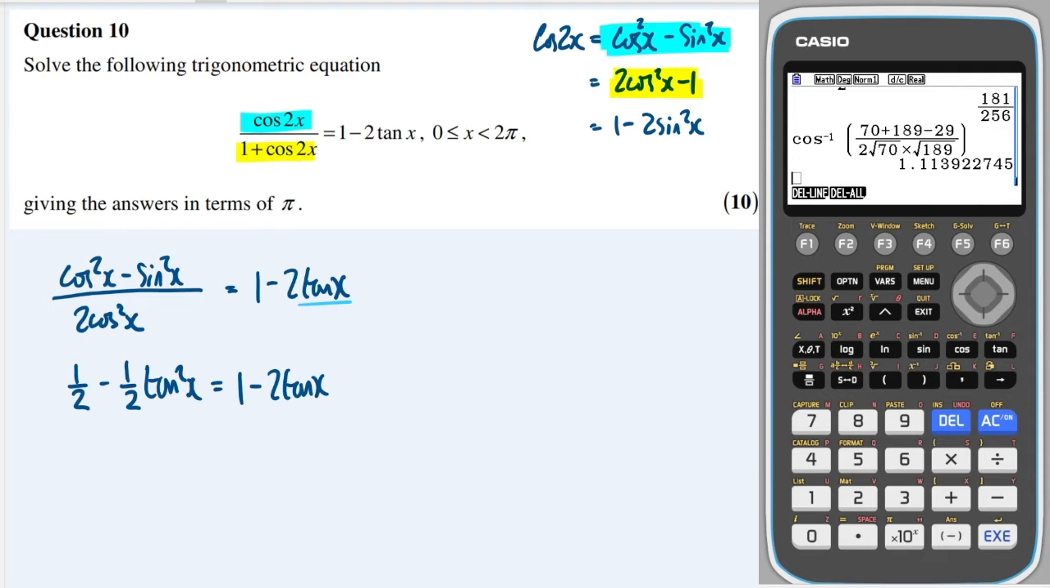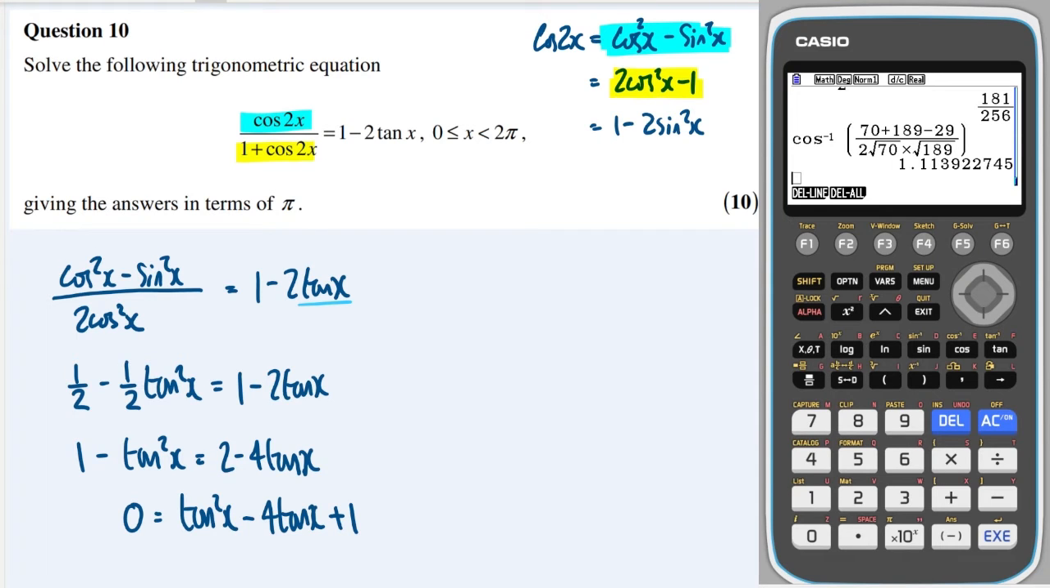I'm going to multiply both sides by 2. And I'm going to bring everything over to the right side. That's going to give me a positive tan squared x, and then that's going to give me +1. Okay,